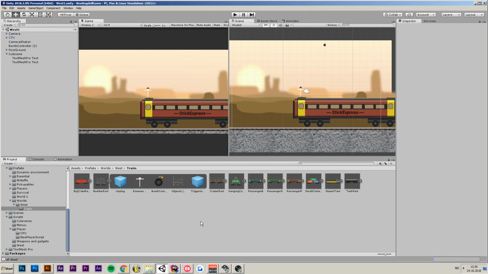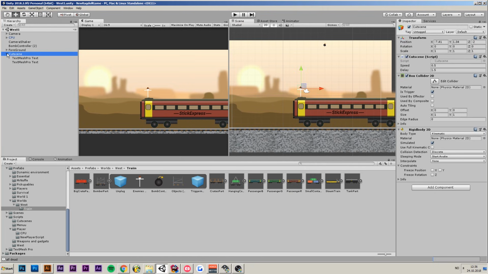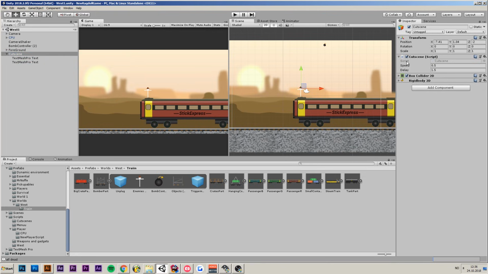Since each of the maps are going to have their own little story, I wanted to implement some sort of dialogue, and I felt that one of the better ways to do that is making cutscenes. This wasn't too hard to implement, and you can see it in action here. Obviously this is not the final product at all, this is just some testing, just dipping my toes into the